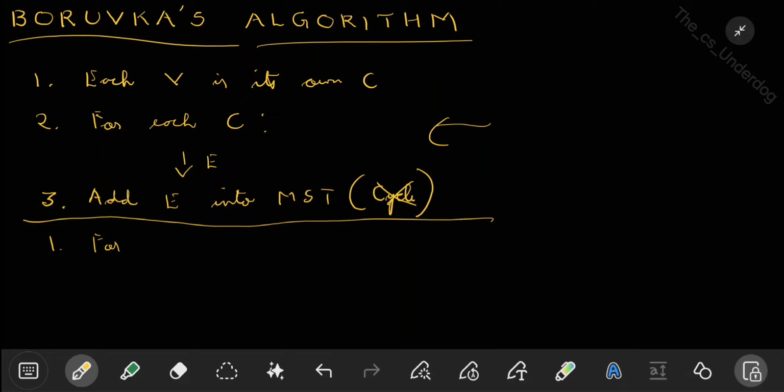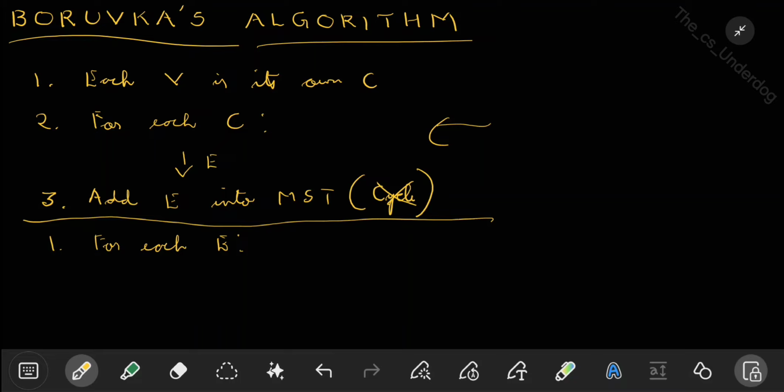This is the logical part. But when you implement it, you implement in a different way. How do you do that? Instead of doing it for each component, you do it for each edge. That is, in each phase, you will go through all the edges. Then for each of the edges,